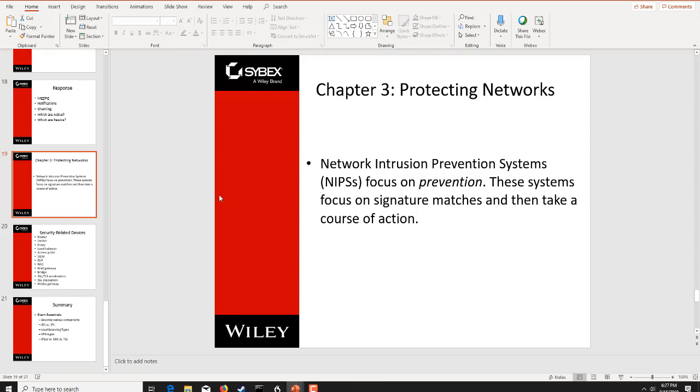networks. So intrusion prevention systems, intrusion detection systems focus on prevention. And these systems focus on signature matches that take an action or a piece of action, and then based on how severe it is, do a reactive action, such as killing a TCP session, resetting a service, writing an ACL,